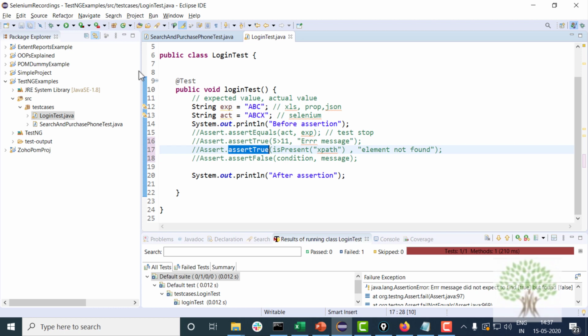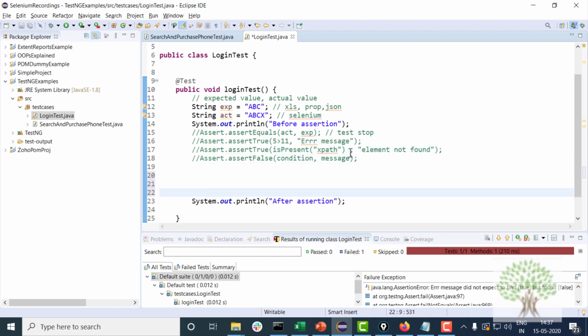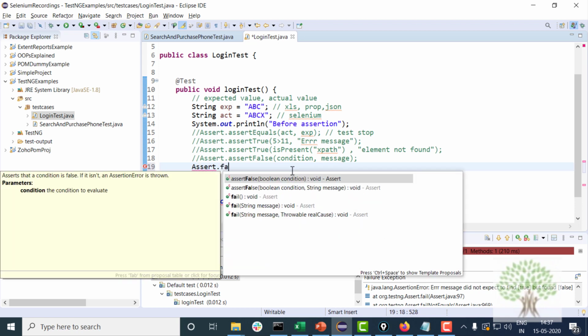Now sometimes you are very sure that you are somewhere in the program or in the application where you shouldn't be, and you have to fail the test case. For example, you click on some link using Selenium and you get a 404 error, and when you get a 404 error, you are sure that this thing has failed. So if you deliberately want to fail the test case, you write over here assert.fail.